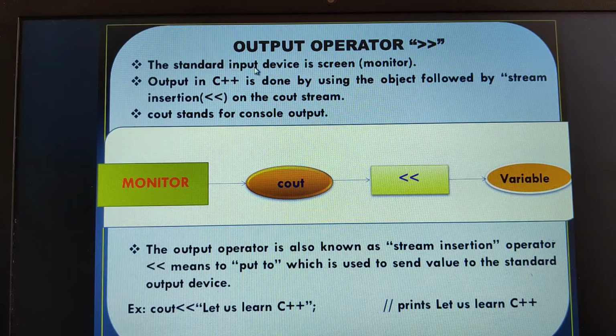So the standard output device used by the output operator, that is stream insertion, is the monitor. Similarly, in case of input, the standard input device we were using was the keyboard. Then you see, output in C++ is usually done by the cout object followed by the stream insertion.